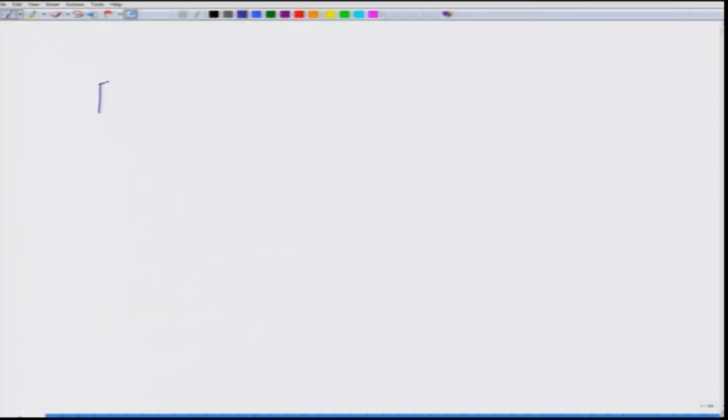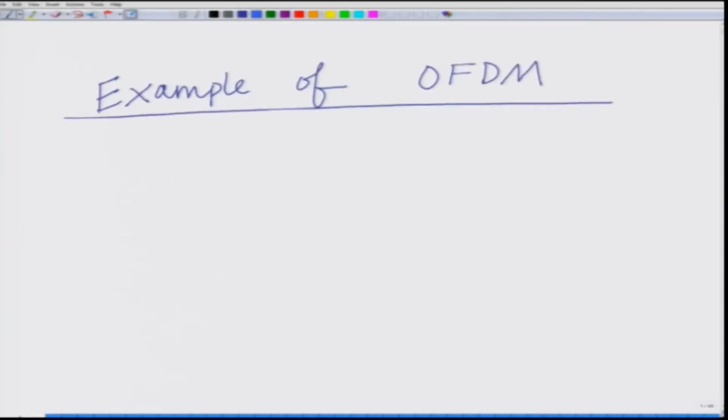So, now let us look at a simple example to understand this better. What we are going to do in this module, or starting in this module, is look at a step by step implementation of an OFDM system as well as channel estimation. So, let us look at an example. Example of an OFDM system, and in particular what we want to look at is channel estimation